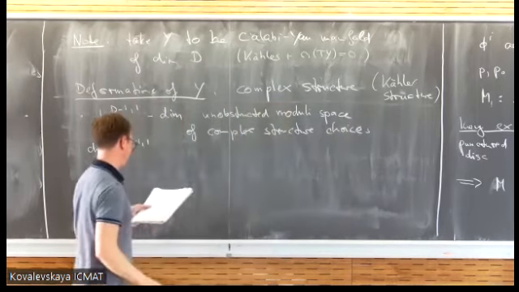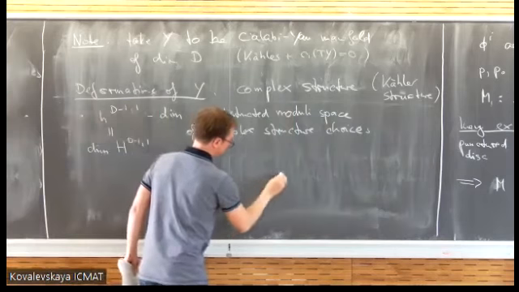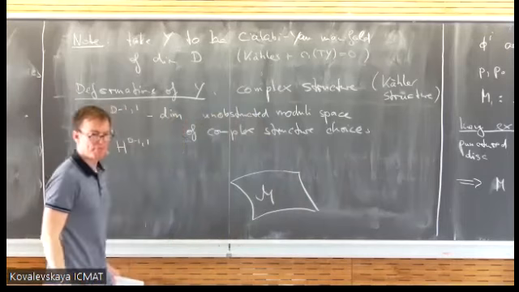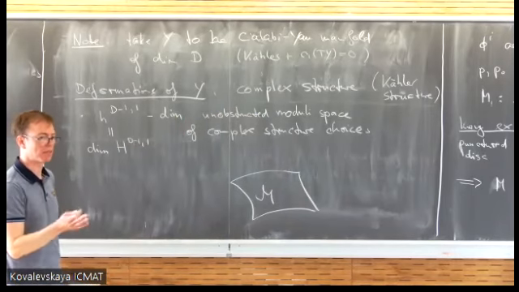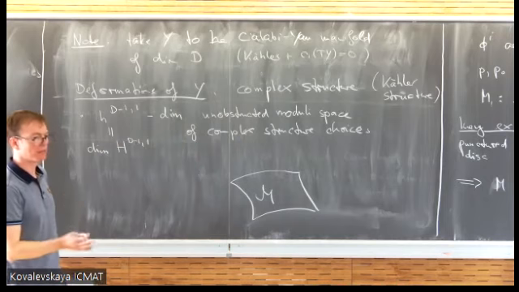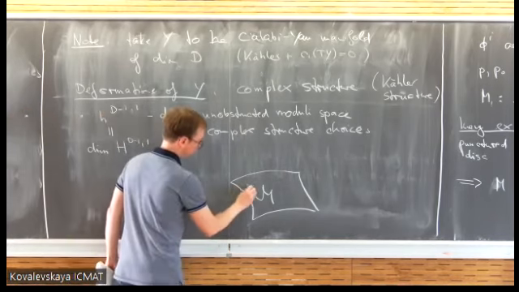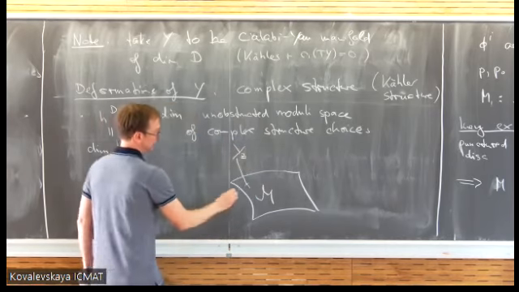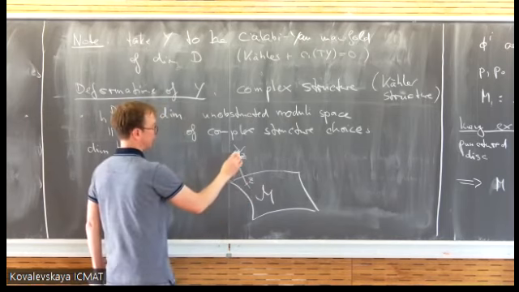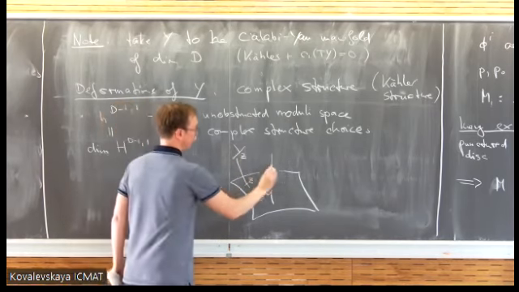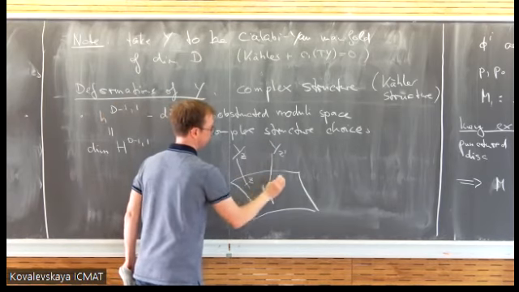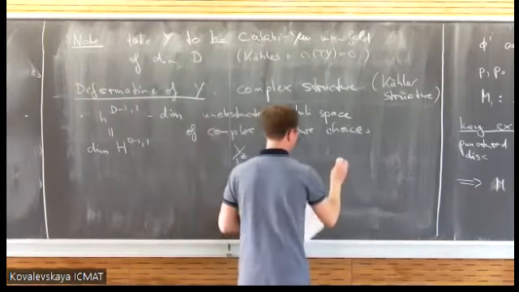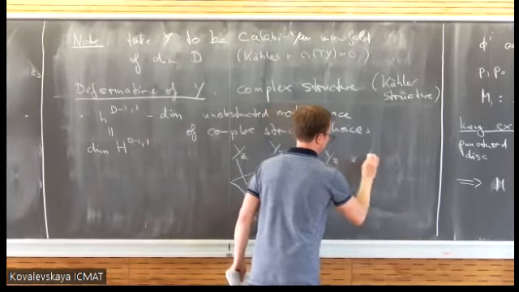So as was already asked, I now have to think about this as in the following picture. I have my moduli space M, which parameterizes all possible complex structures which are compatible with the Calabi-Yau condition. And over each point, I have my manifold Y. So over each point z, I have my manifold Y_z, and it can change from point to point, right? And in mathematics, one calls this a family. Y_z is a family.